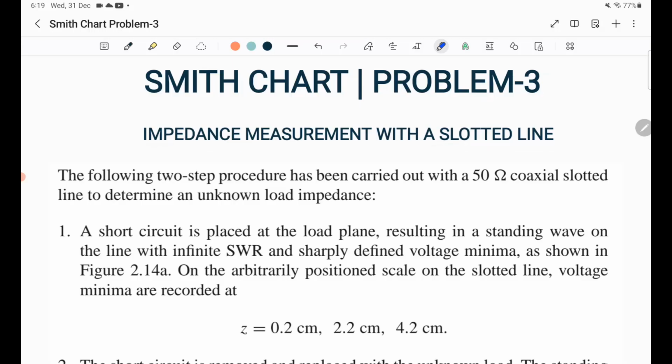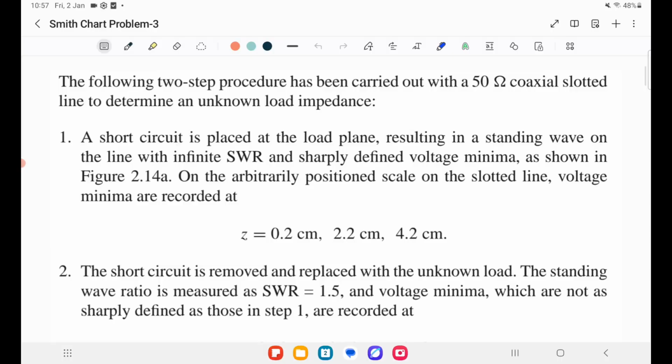So let us read the question out. The question says the following two-step procedure has been carried out with a 50 ohm coaxial slotted line to determine an unknown load impedance. Step 1. A short circuit is placed at the load plane, resulting in a standing wave on the line with infinite SWR and sharply defined voltage minima as shown in figure 2.14a. On the arbitrarily positioned scale on the slotted line, voltage minima are recorded at z equals 0.2 cm,